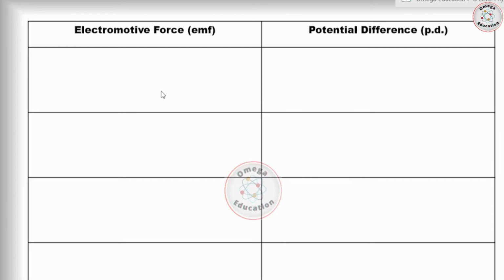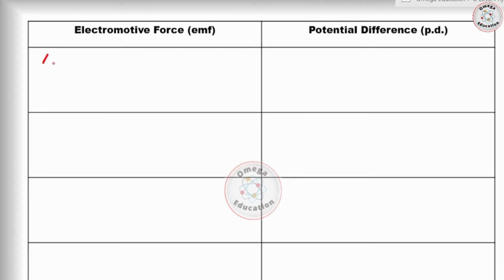So first of all, we define it in the way that is proposed by the learning objectives. I'm just going to copy paste the definition of EMF and potential difference from there, because if you write down the definitions from the learning objectives themselves, this is the safest way. Just to be on the safe side, write down or memorize the definitions as they are from the learning objectives. Now first of all, let us write down the definition, and then we try to explain what we mean by that. So for electromotive force, we say